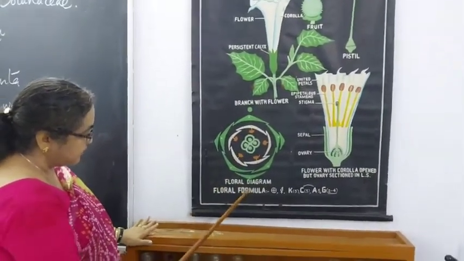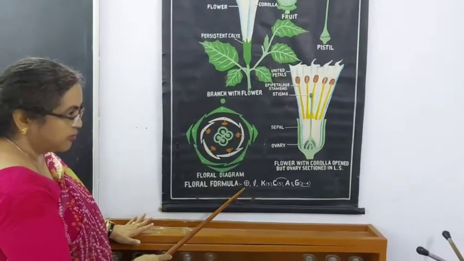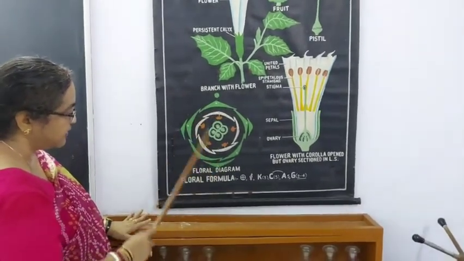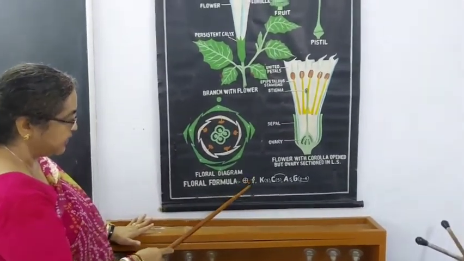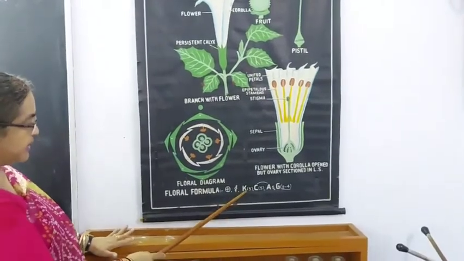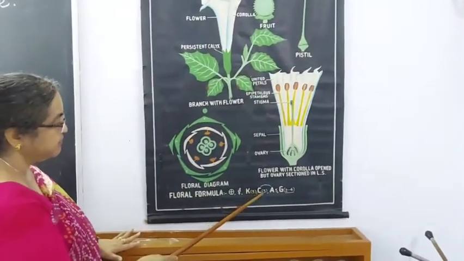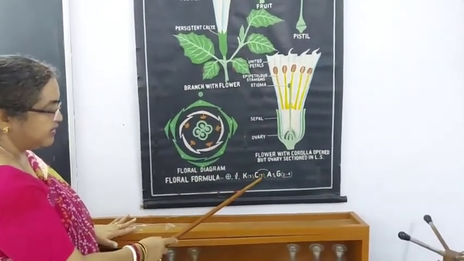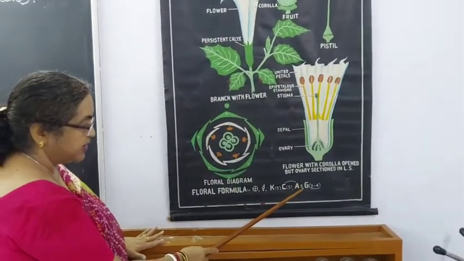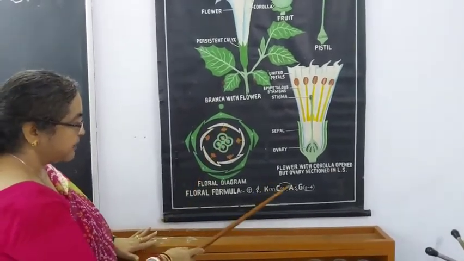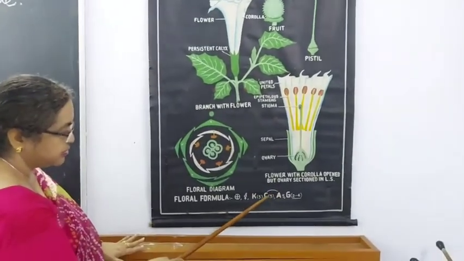The floral formula of this flower: this means it is actinomorphic. That means it can be cut into 2 equal halves in more than one plane. This symbol shows it is bisexual, male and female parts both are present in the same flower. K, calyx, 5 sepals and joined, that is why the bracket is there. This is corolla, C, 5 petals are there, they are also joined, so there is a bracket here. Androecium 5, but they are all free, but they are joined with the corolla. That's why this bracket is there. Epipetalous condition it is showing.